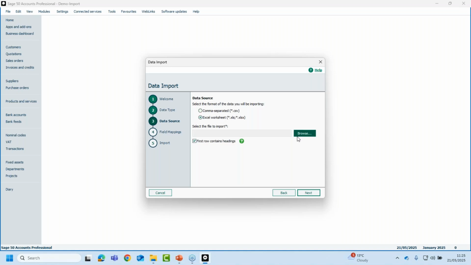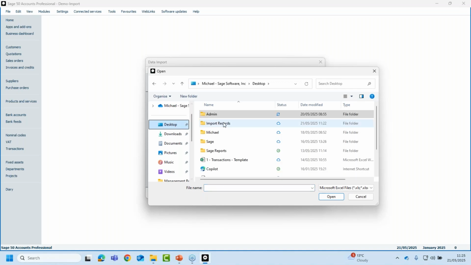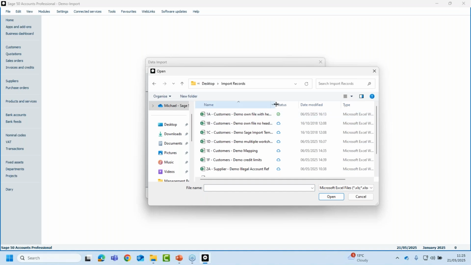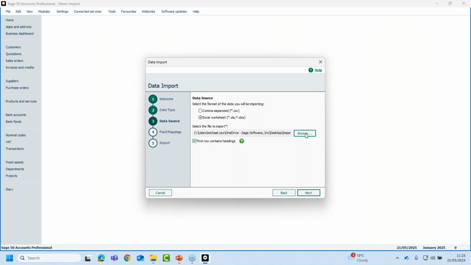So mine's an Excel file. You click browse for that. So on my desktop, I've got a folder called import records. These are the ones I'm going to be using for the demo. So select it, click open, pops in the path for you. Does it contain headings? In my case, that top row, it's got the headings. So leave that ticked, click next,